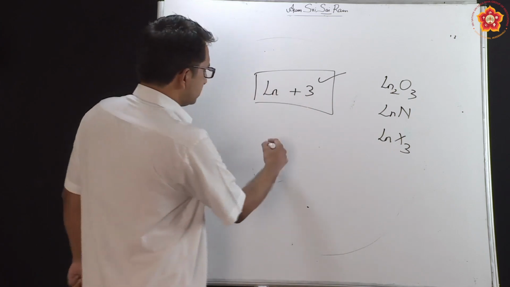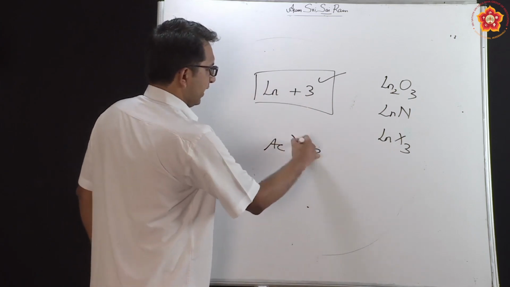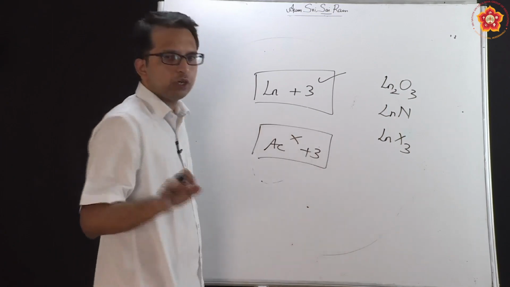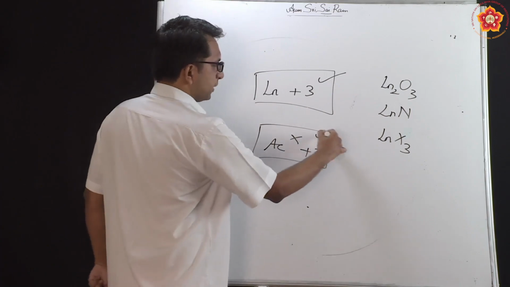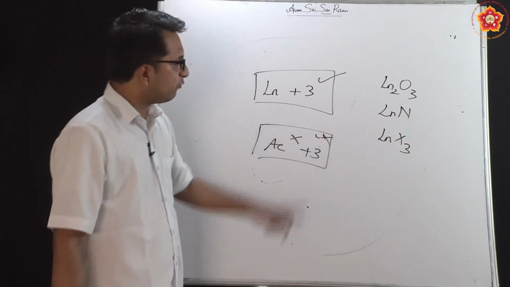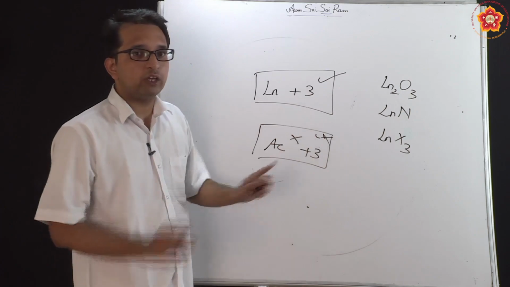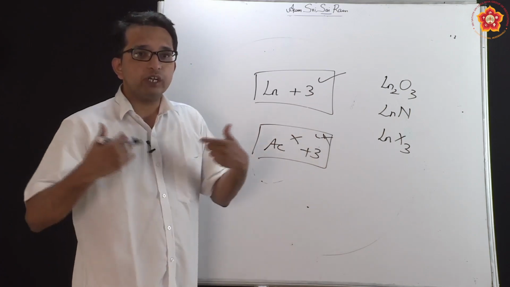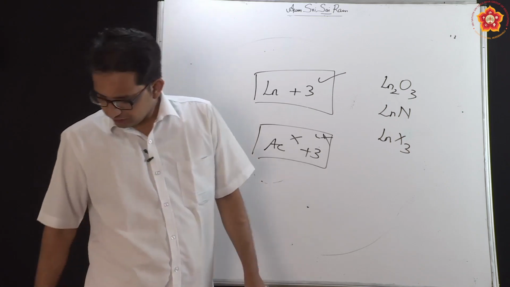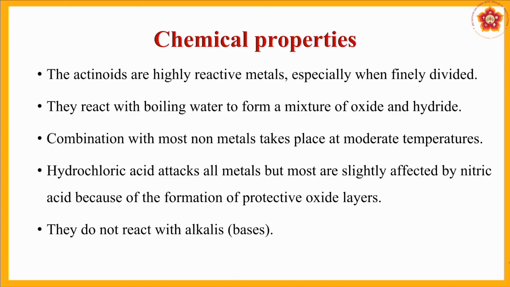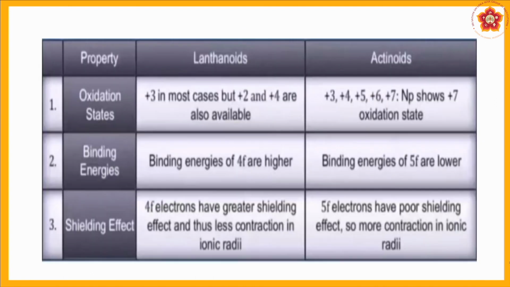Now such a consideration I cannot hold in actinoids, because no doubt many of them have +3, but it is not proven that the majority of the states are +3. So therefore, like the way I generalized for lanthanum as +3, I will not be able to generalize like that. So it will depend on each individual reaction, how the reaction will take place. So these are certain chemical properties that you tend to associate with actinoids, which are more or less similar to lanthanoids, except for the fact that the oxidation state cannot be guaranteed in these cases.